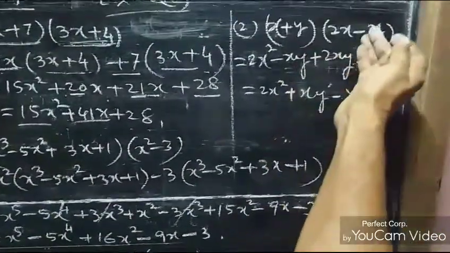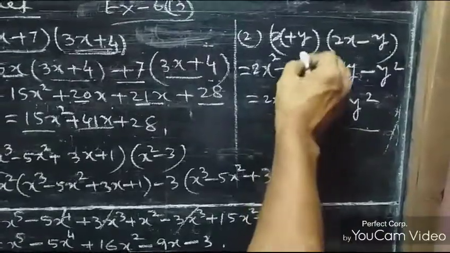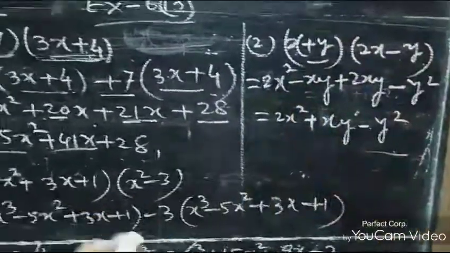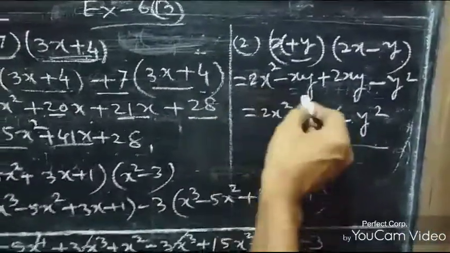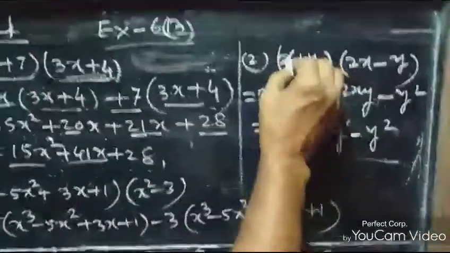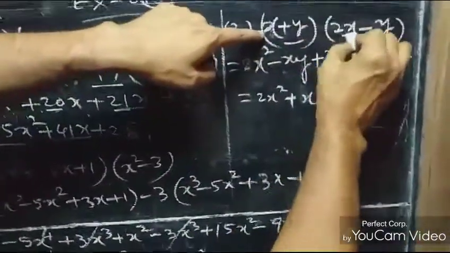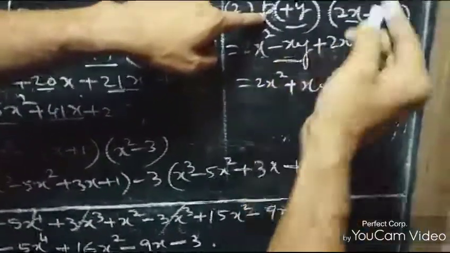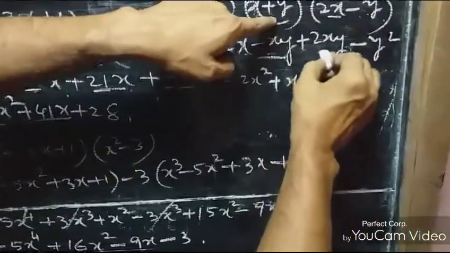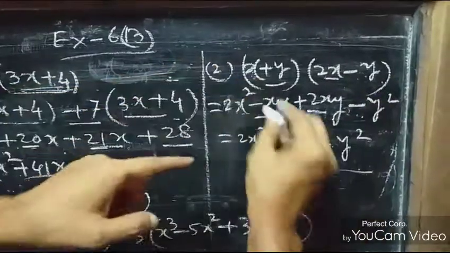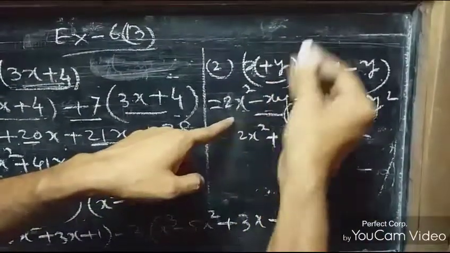Now if it comes mixed, see here I am taking another binomial product, along with plus sign and minus sign. The same procedure you can follow. You can do this directly. See, 2 into x square, minus 2x, whenever you become proficient, and here plus 2 into x y, plus into minus y square. That is one step you can jump over.